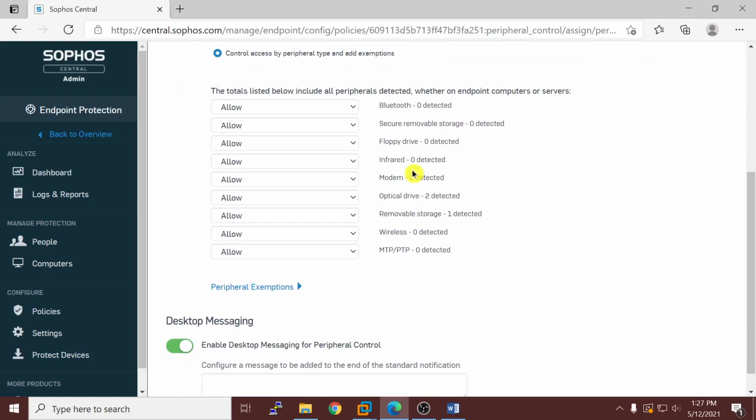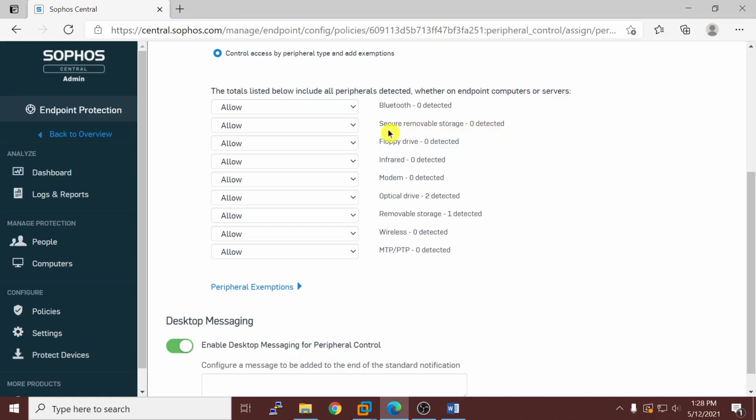These are the different devices available. You can see Bluetooth devices; we can control the Bluetooth devices. We can control secure removable storage, and also removable storage. The difference between removable storage and secure removable storage is that the secure one is internally encrypted.